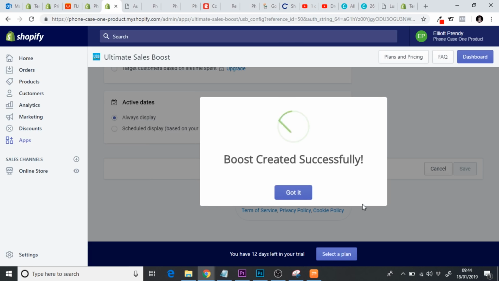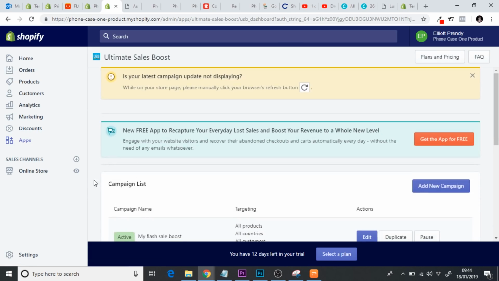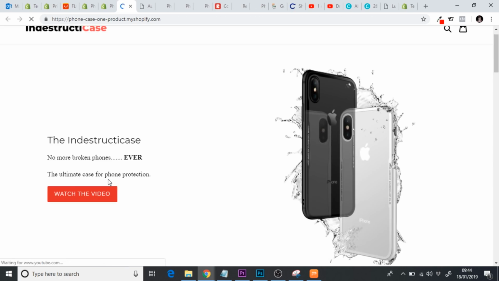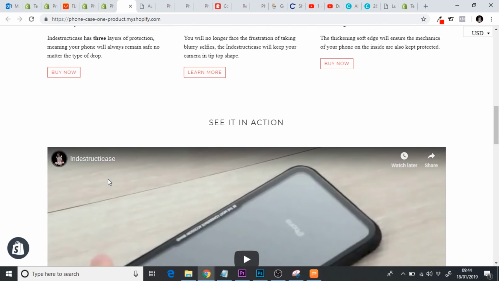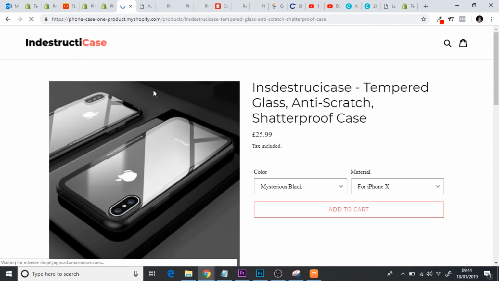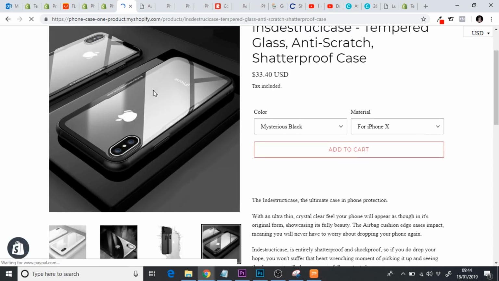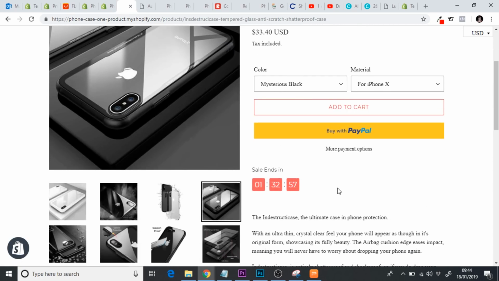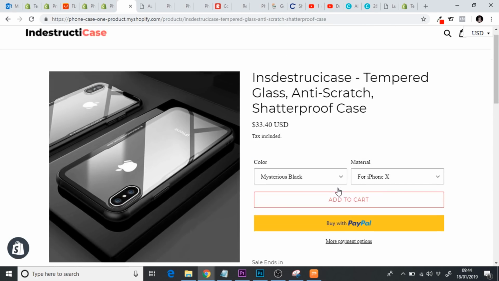So if we click save now and just say got it, and you will see that your campaign is now running. So if we scroll down, we'll see this active my flash sale boost. So now if we just preview this, and let's go to buy now and see how it looks. It may just take a little moment to load, but now we have this sale ends in 1 hour and 30 minutes. So that's just adding some